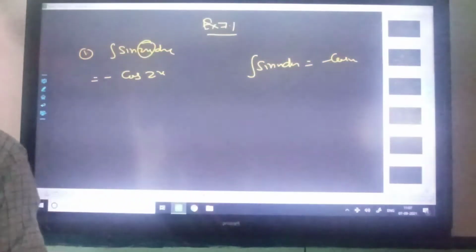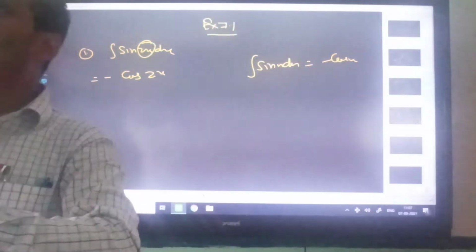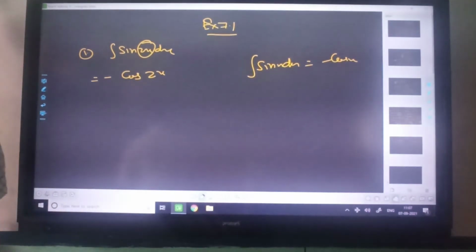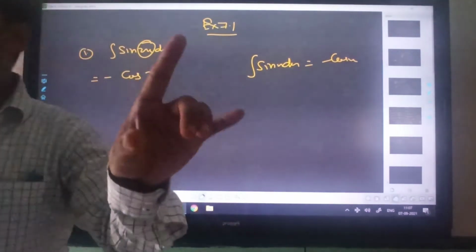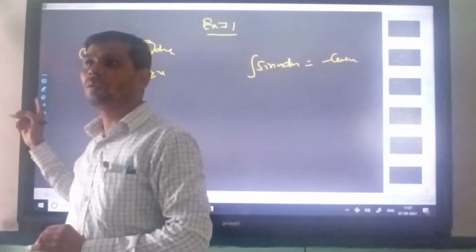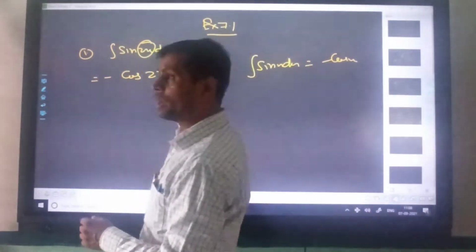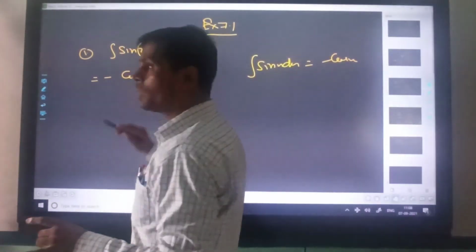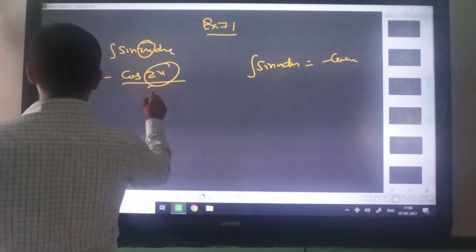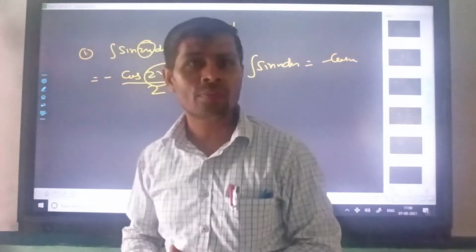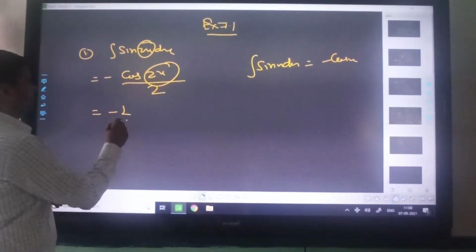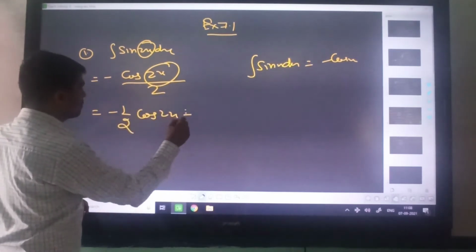In the case of differentiation, you have to do differentiation again. Here again you will do the differentiation, but you will put it into the denominator. In the differentiation process, by chain rule, you are in the habit of doing the differentiation one more time, because it is not x, it is 2x. So you will do the differentiation of 2x. What will be the differentiation of 2x? 2. And in the case of integration, you have to put it in the denominator. Is it clear? So the integration will be minus 1 upon 2 cos 2x plus c.